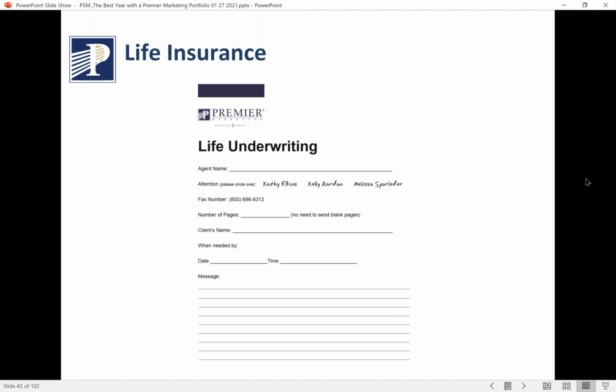So any help on the front end, I always try to stress this with any new agent that I talk to: the more information we can get in the beginning, the better the product we provide in the end, and a better expectation from your client. We don't want you taking an illustration to a client that promises a low rate or a high coverage amount if they don't qualify for that,